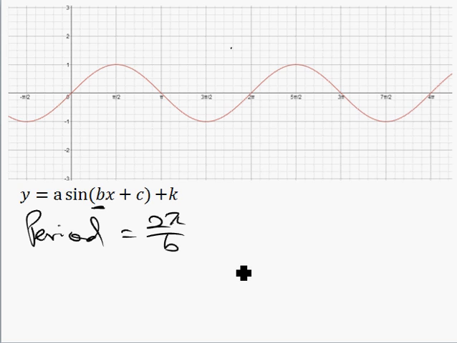You don't have to know. Don't bother. Period is just 2 pi over b. That's all you need to know. So if the question asks you to find the period of this particular graph,